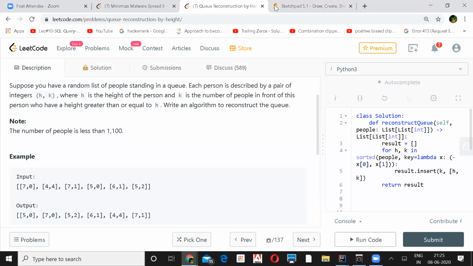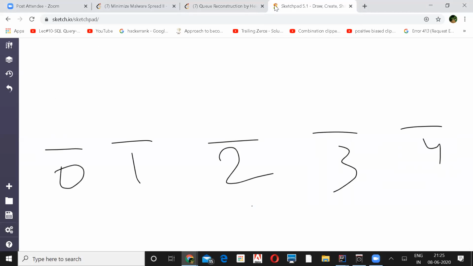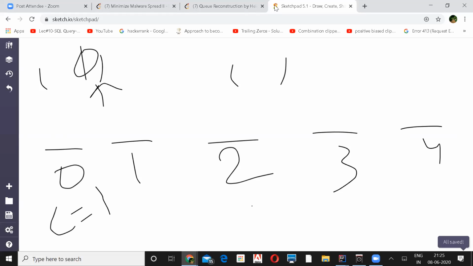I'll first mark these positions, like this is your 0, 1, 2, 3, 4, and I'll sort it based on the height, whatever number it is, and whatever index it has. Let's say if your index is 1, I'll initialize my count variable with the index, and the moment I find the correct position, this count will be made 0, and I'll put it at that particular place.